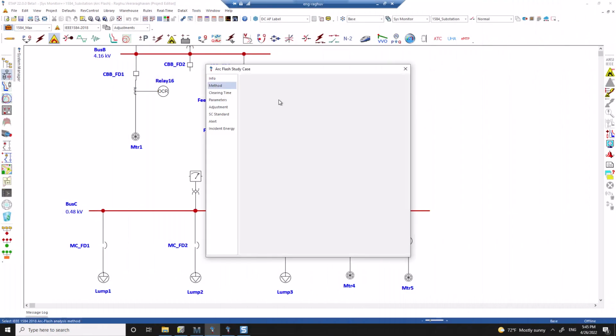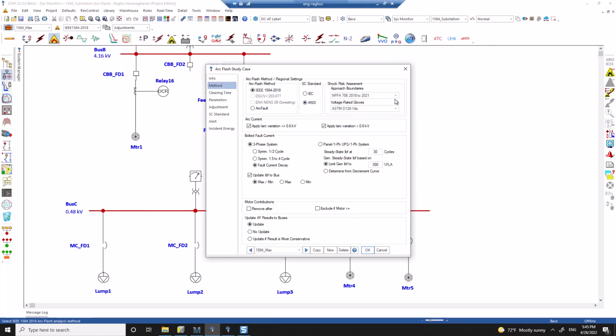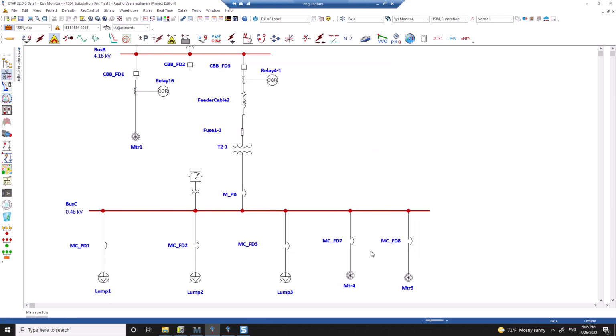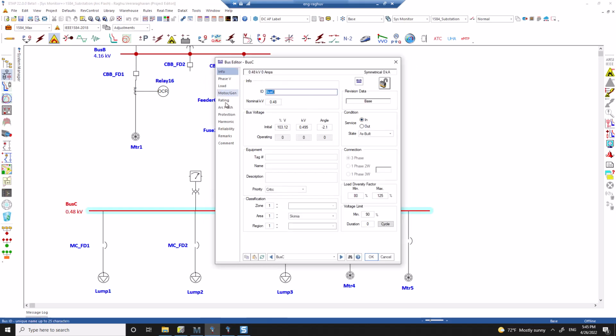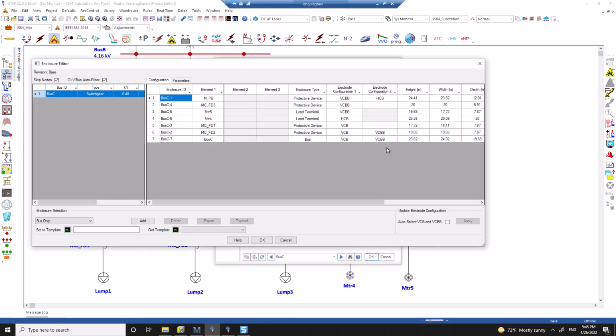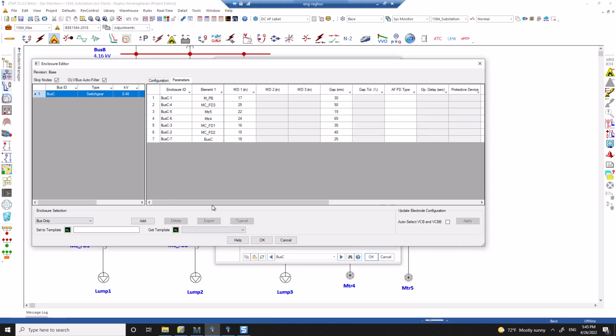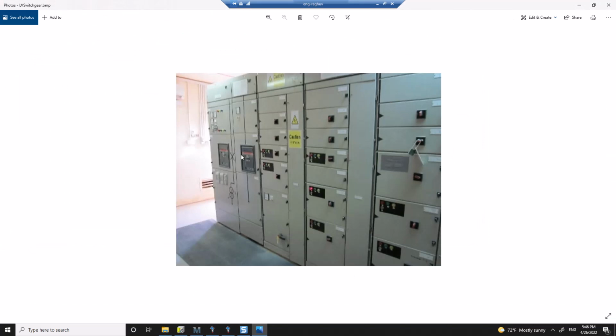So the current version here in ETAP, we also provide all this data available as a compartmentalized arc flash using the enclosure editor. You can see them actually available in the enclosure editor page, where each compartment for the given MCC could be defined and the corresponding electrode configuration can be chosen. For example, this particular bus bar can have a low voltage gear, which could basically have several dimensions for